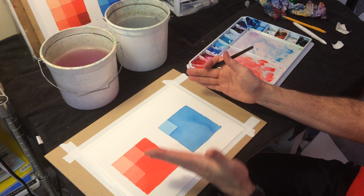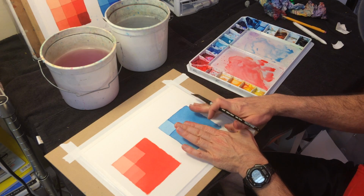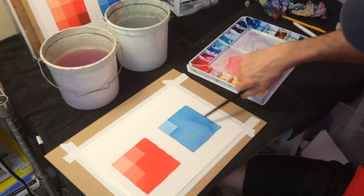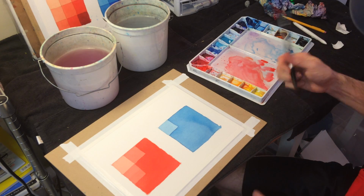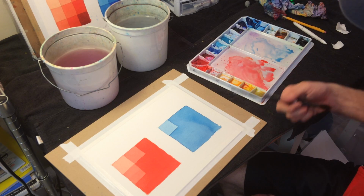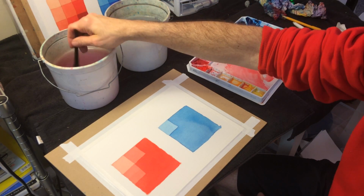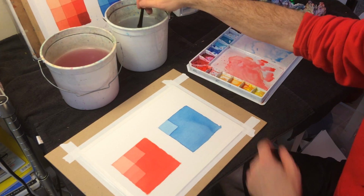So as it was trying to find a place where the drier was going to meet the wetter, they finally come to this place where they say, okay, we'll agree, we'll all dry right here. But it brings the paint along with it, which is yet another good reason to start with a light wash, because what I can do with this wash